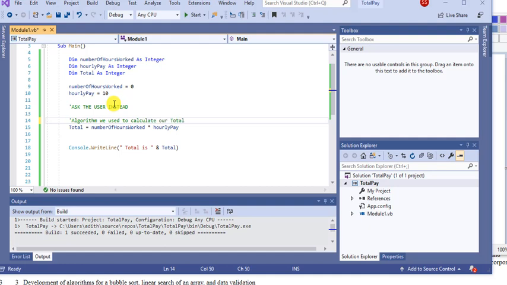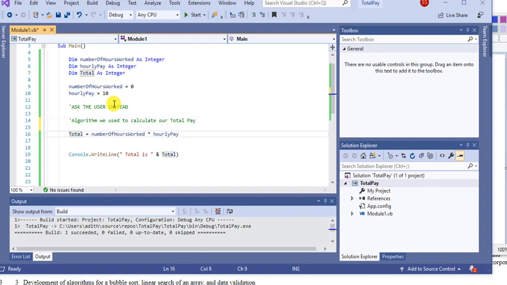Algorithm we used to calculate our total pay, in this case, is a simple one-line algorithm. But in general, it's not the case. It goes several lines of code to figure out what the value is. It takes a lot of calculations. But now we are getting the basics of algorithm design. Like I said, always start at the end. How do you achieve your recipe? This is your recipe, and what all you need to